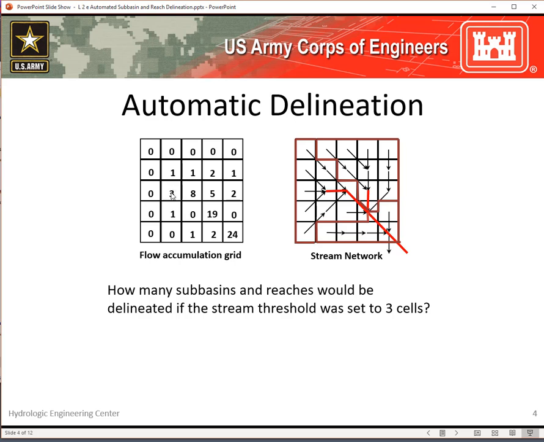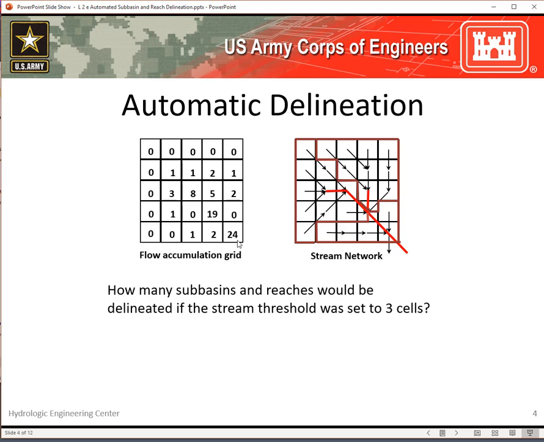right here. It would flow from this cell that has the 3 to the 8, and then it would start flowing diagonally down to the right, and then out right here. This would be the outlet of our little terrain model. There would be another little tributary starting with this cell right here that has a value of 5, and then it would flow from this cell with the value of 5 due south to the cell with the value of 19. Okay, so you can start seeing the stream threshold or network if we defined a threshold of at least 3 upstream cells. So water would flow in this direction and down, and then from this direction down and then